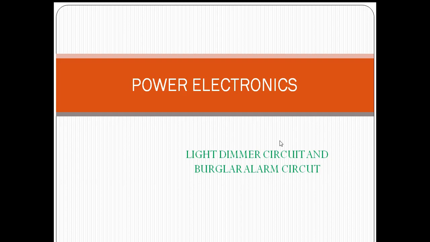Similarly, there are light charging, that is battery charging circuits. Generally, these are used in UPS inverters where you have a battery, a DC source. For charging of batteries, we use power electronic circuits. So there you have a converter and a filter that converts the available alternating current into DC current.